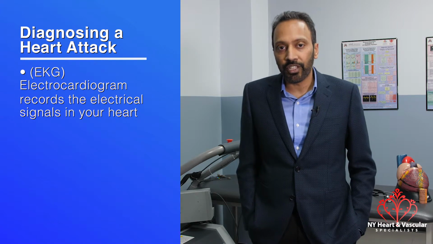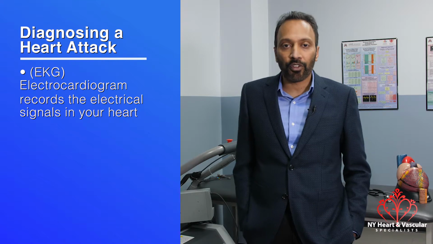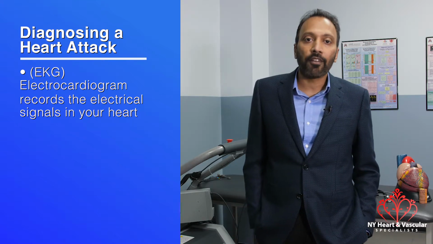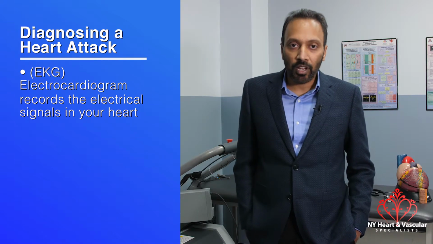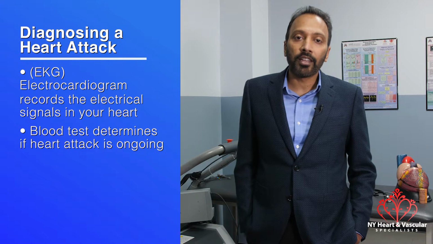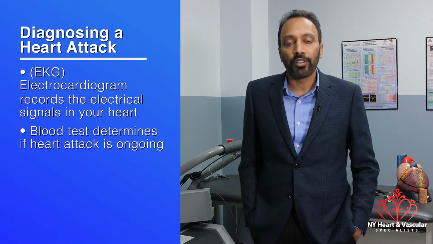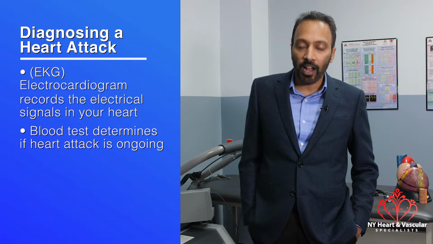Diagnosis. Again, coming back to the three conditions, let's go to the first condition. If you have chest pain, whether it is typical as described in the previous section or any kind of chest discomfort, the easiest way to diagnose if you're having a heart attack is an EKG, which is a graph of the electrical rhythm of the heart, which would show if you have any heart attack. Sometimes an EKG may miss heart attacks, so it is followed up by doing a blood test, which would determine if you're having an ongoing heart attack.